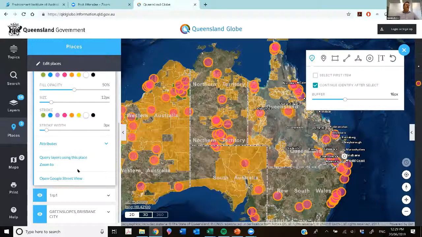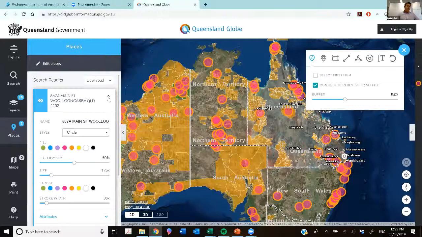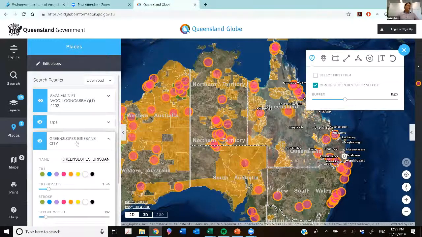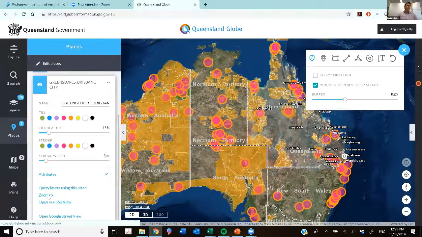So you've seen before how I've added those by searching to places. So what I can do now is query all the layers that I have open within a certain area, which is exactly what you just asked. I'm just going to use Greenslopes Brisbane, but I could have used an LGA, or I could have actually drawn it on the map myself. So if we now zoom to Greenslopes,